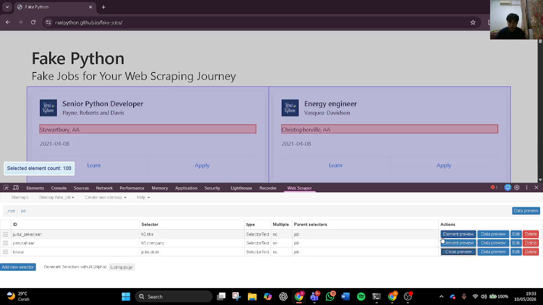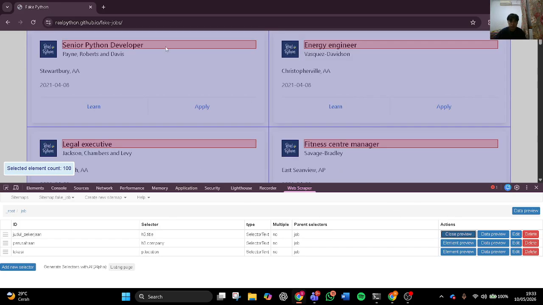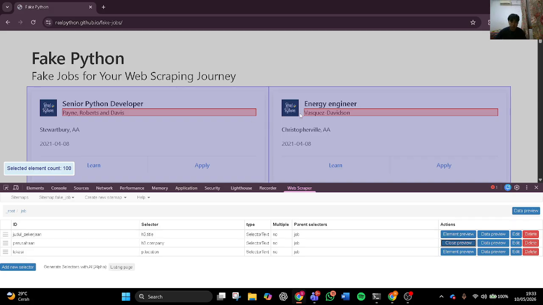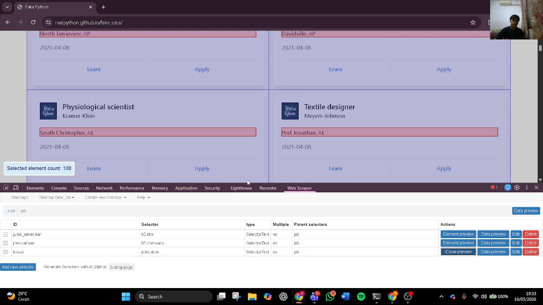This works, yeah. The judul, the job name, is located at the job title, the company is located at the company name, and the location is located at the location name.